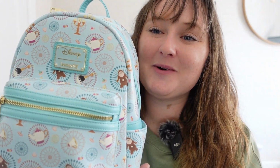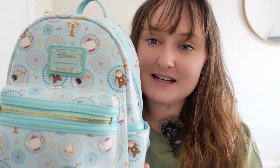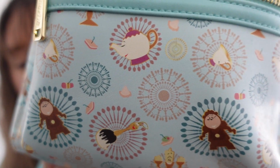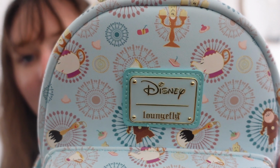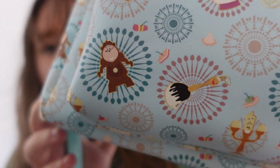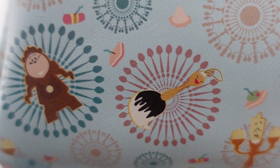My sisters were amazing and got me this for my birthday this year. My birthday is in August, and this was the first trip that I got to use it on, and I think it's amazing. It is the stinking cutest thing in the entire world, and I absolutely adore it. It is very low-key Beauty and the Beast, so it has Miss Potts, Lumiere, Cogsworth, Chip. It has, I forget her name, the little